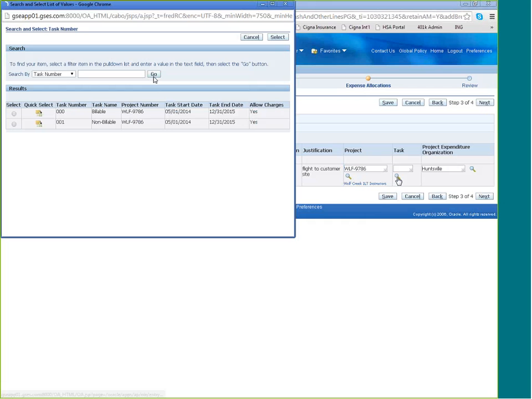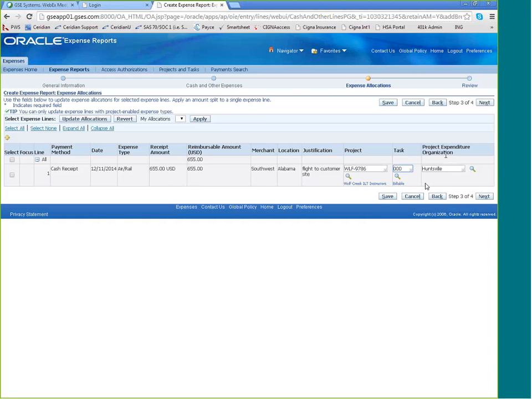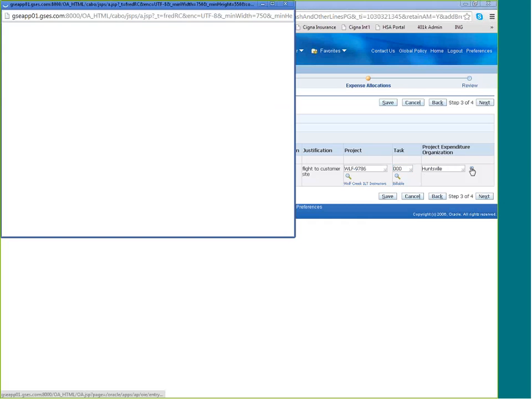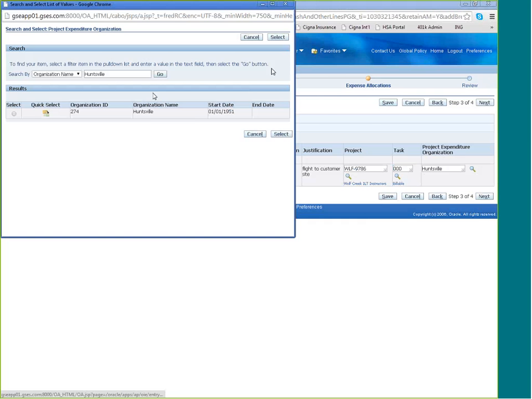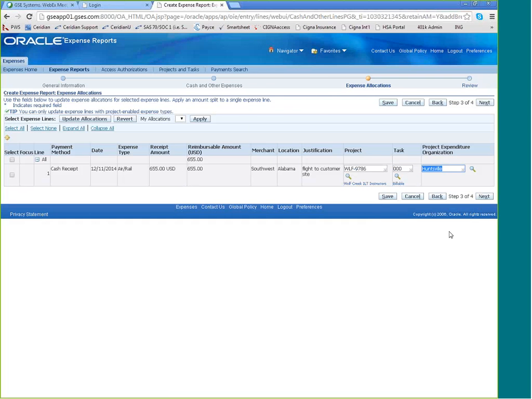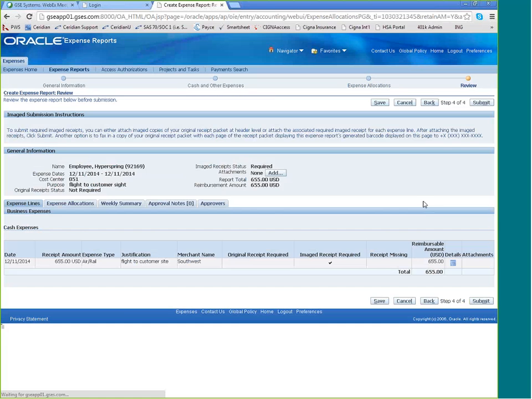Task. I'm going to search all available options. This is going to be billable to the customer. And the project expenditure organization that says Huntsville, that's the default for the HyperSpring office, Huntsville, the headquarters. So that should always be filled in correctly, but feel free to add it if you'd like. Then you click Next. It'd take you to the final review screen,